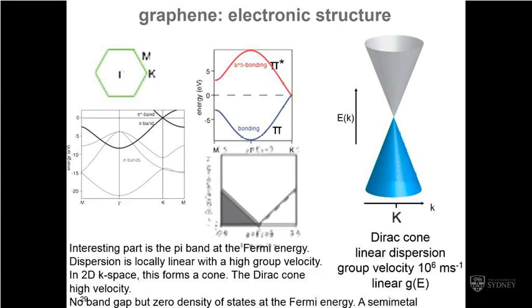And if you want to plot this out not just along this line here, but in 3D, it forms here a cone. This is called the Dirac cone. So it has no band gap, but it also has no density of states at the Fermi level. So it's kind of an unusual material that, as I said before, is called a semi-metal. Okay. Yeah, I think we'll